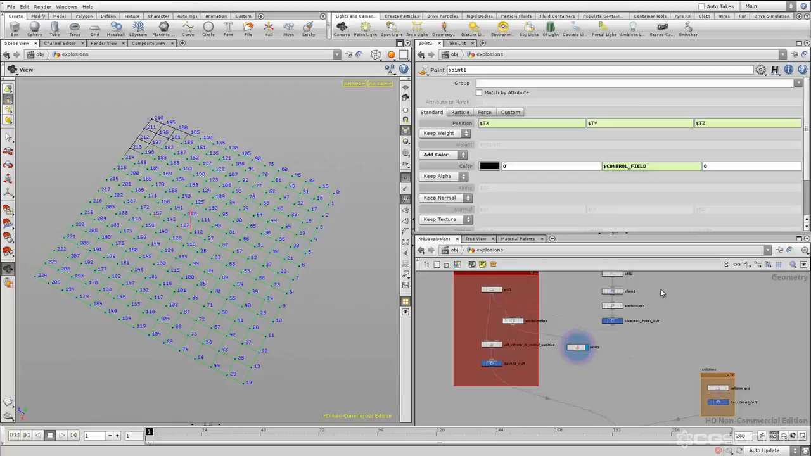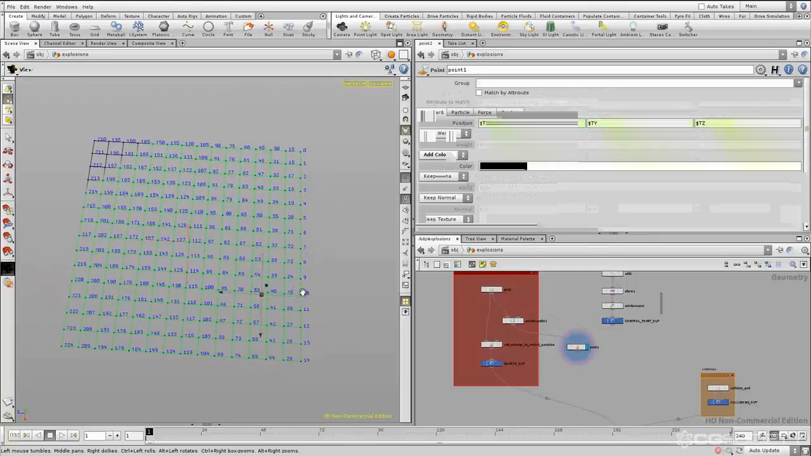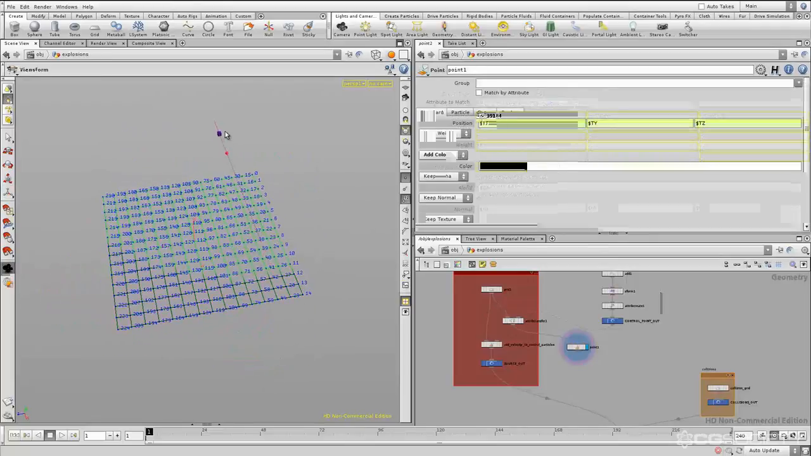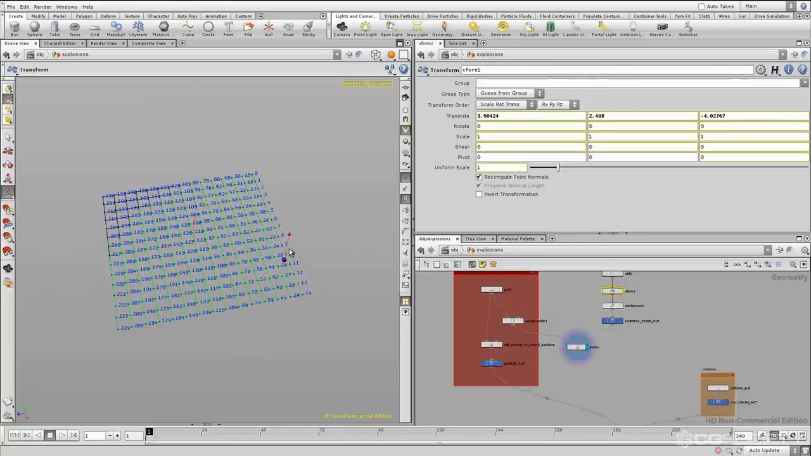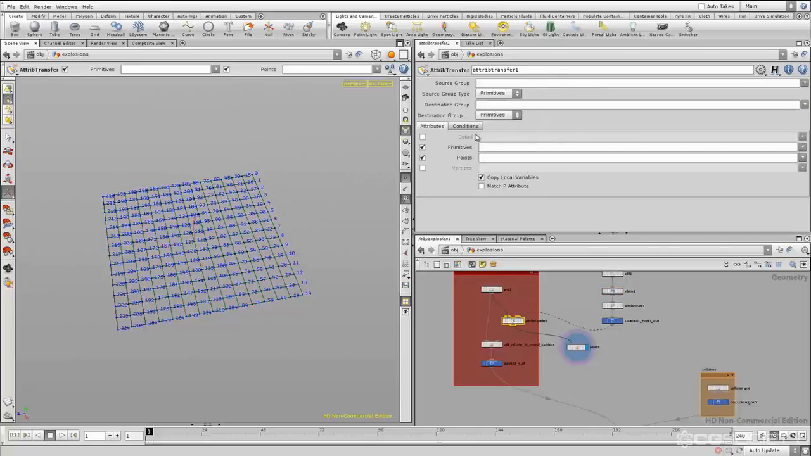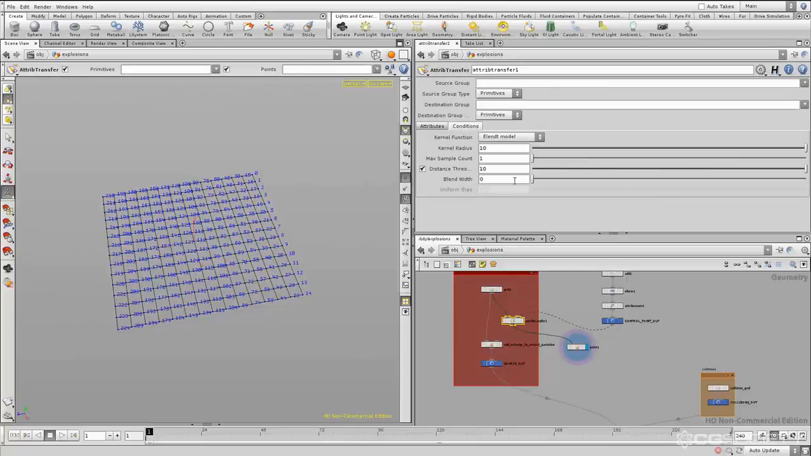Okay, so our control point around, we can see what it's doing, and it is what we want. It's just a really big radius. So if we go back to our attrib transfer and we go to conditions, we can just turn the distance threshold down. Like that. Now the reason why it wasn't displaying the color before was because I clicked on this attrib transfer,